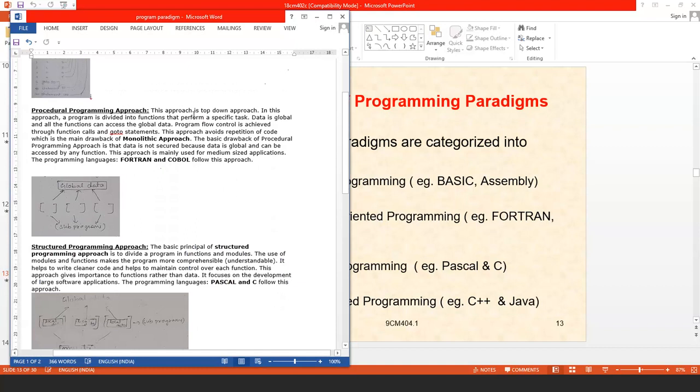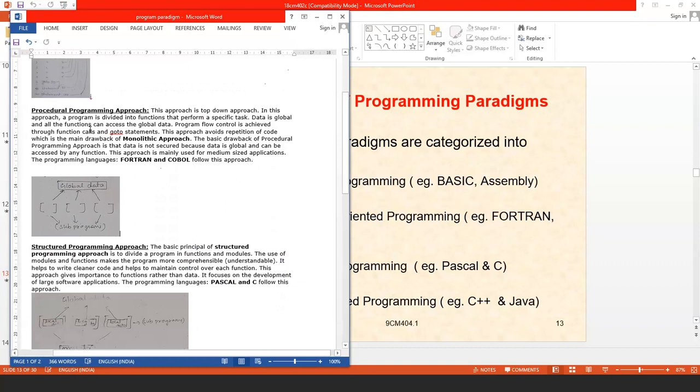It is called top-down because everything is accessed from the top. For example, C is top-down. Although it has a number of functions, those functions should be called in main, and main should be at the top. That approach is called the top-down approach.